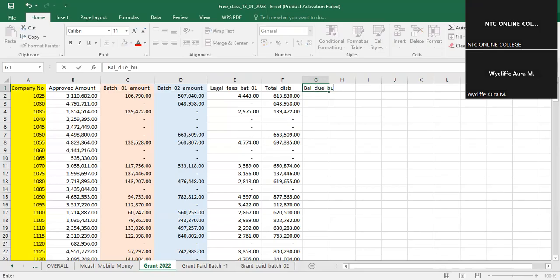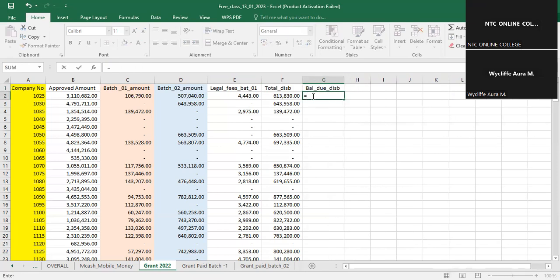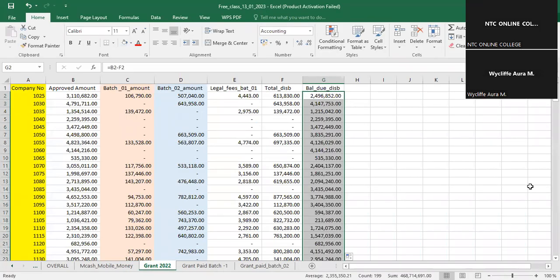So this balance due for disbursement, we are actually now going to get the amount approved less the total amount disbursed. Then from that point, we can now be able to know that this is the amount that is